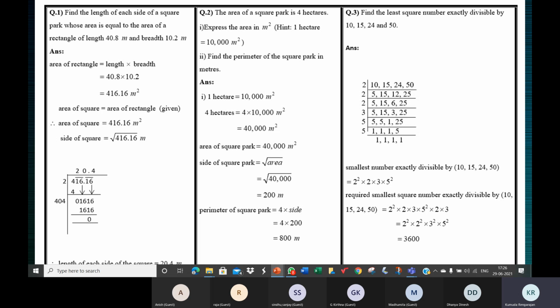See, it's not that you should pick a square. It can be now 2 point... Okay, let's not go to decimals, children. This is just to understand. So now say, take up the square number 100. If the area of a square has to be 100 meters square, then the side of the square must be 10 meters. A square of side 10 meters will have area 10 into 10, 100 meters square.